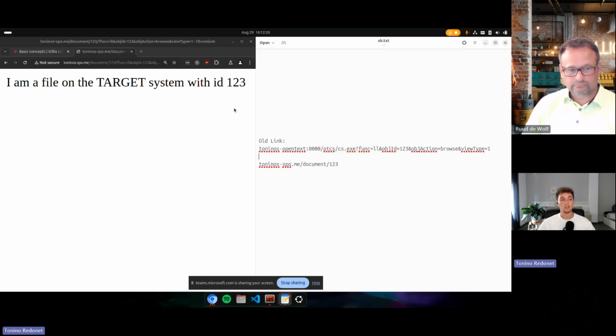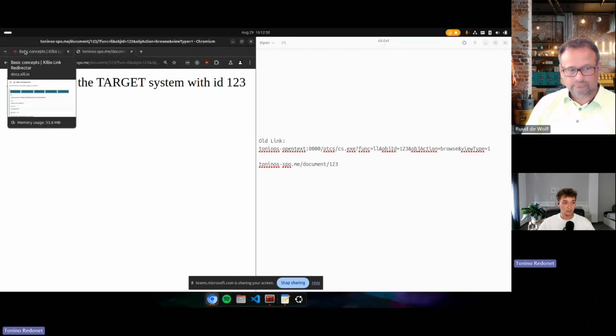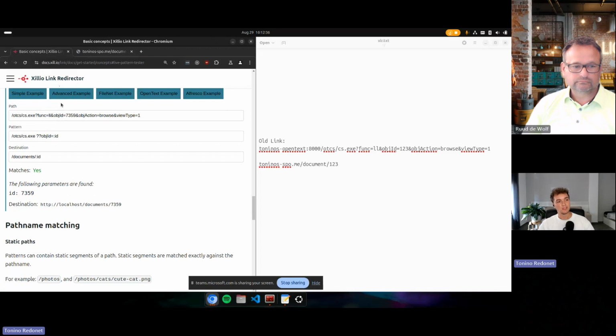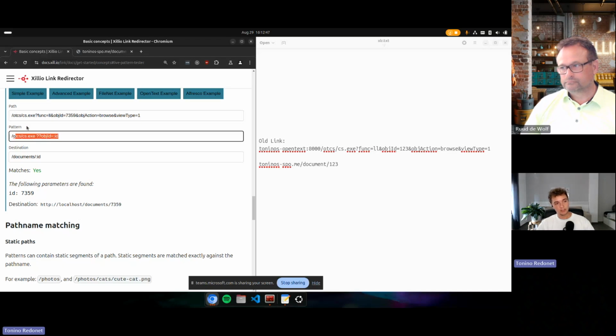I would like to get the documentation with it because we have a handy helper there: the pattern tester. This is a bit under the hood for the more techie side of the story. With this pattern, this is how the link redirector tries to figure out where the ID is in the URL, because that is what we need, right?